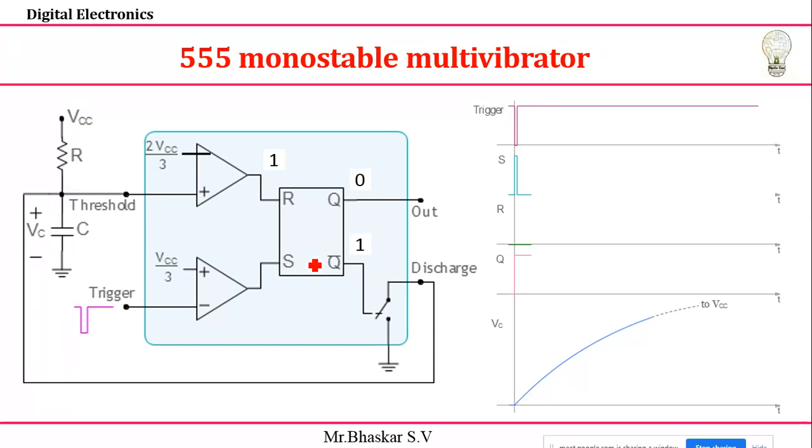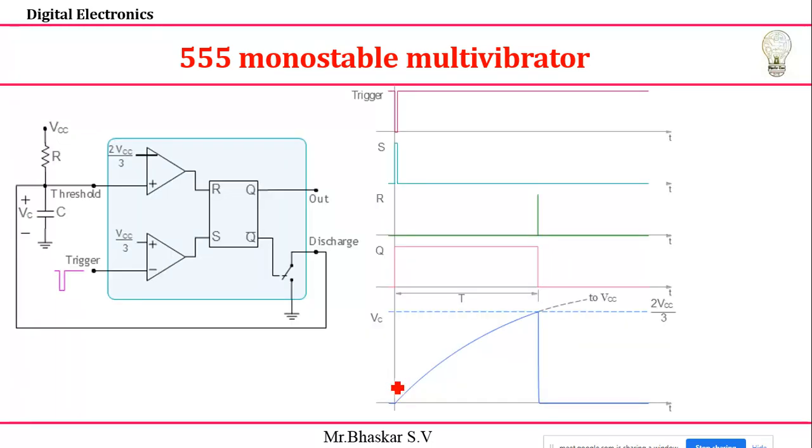Q bar 1 means the transistor acts as a closed switch. You can see the ground connection is made, it is connected. Once it is connected, you already have some charge and some potential, so current does not flow in this direction. Immediately, whatever charges are present here start moving in this direction and come back to ground. All charges are discharging. That's why this terminal is called the discharge terminal. All the charges across the capacitor start flowing to the ground. That's what you see in the waveform.